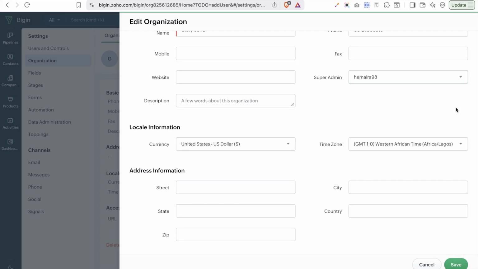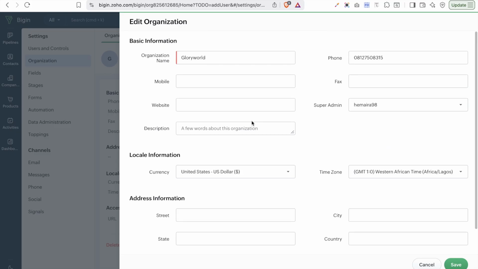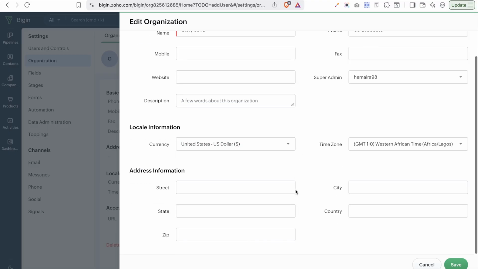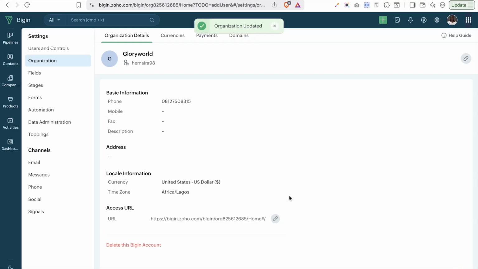For instance, we want to add in the currency that your company is using. You want to add in the address, because all of this will be added in the email, the footer part of the email. So you want to make sure that you are putting the correct information. So you can add in whatever currency you are using. You can add in the state and the country if you want. Then when you are done, you click on save, and when you click on save, your organization setting has been